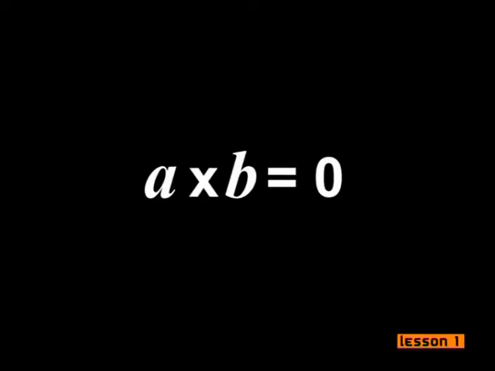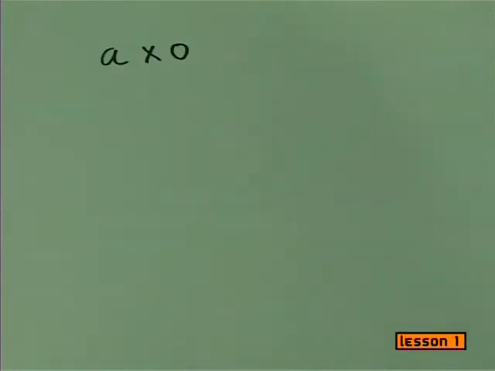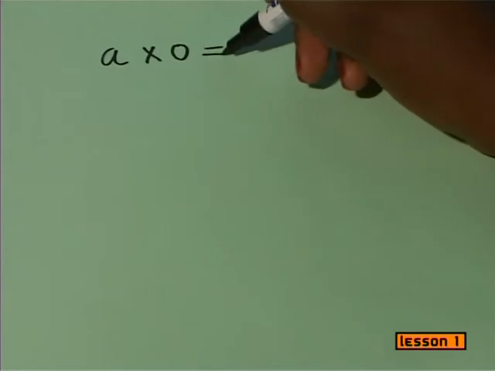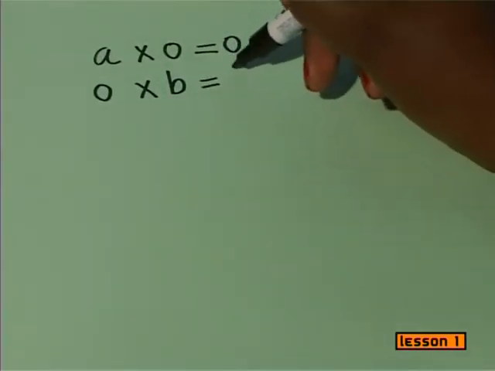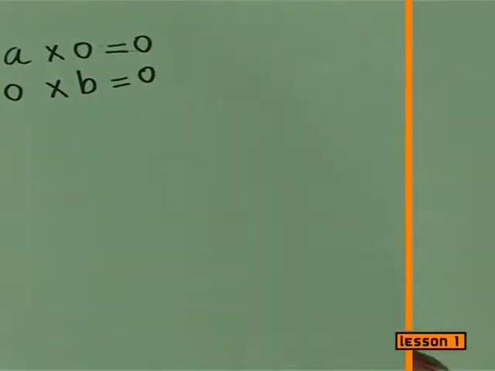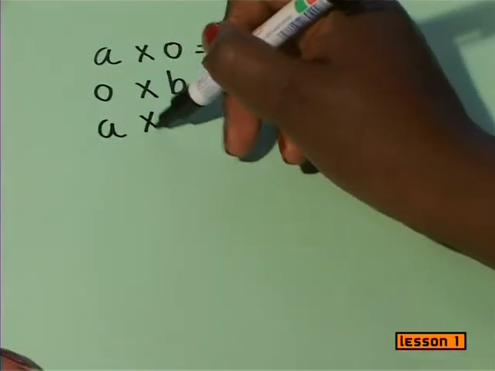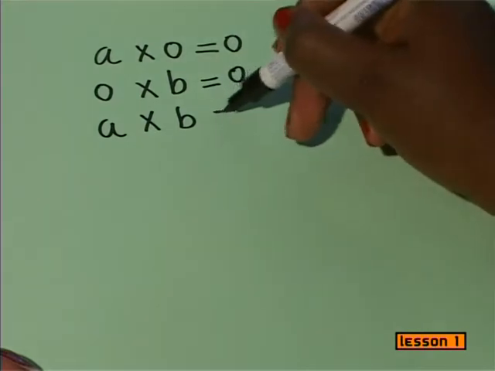But before we do, let me ask you something. I want us to consider this equation. A times b equals 0. We need to find the values of a and b that make this statement true. What do we get when we multiply a by 0? 0. And if I multiply 0 by b? 0. So if a multiplied by b was equal to 0, what would we be able to say about the